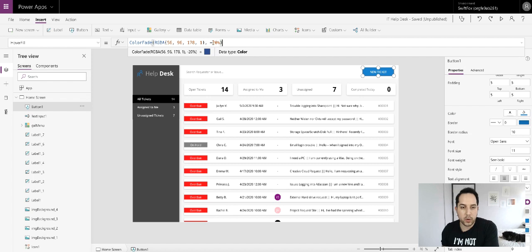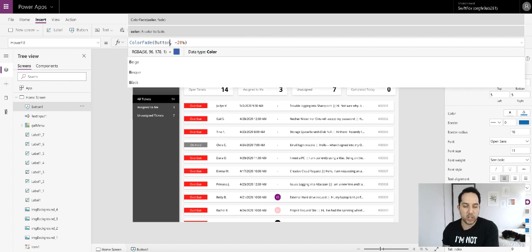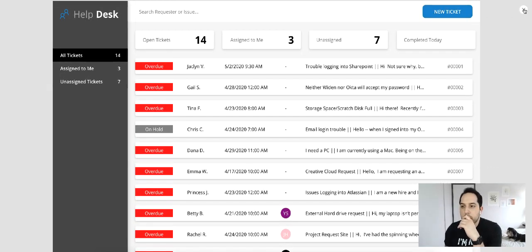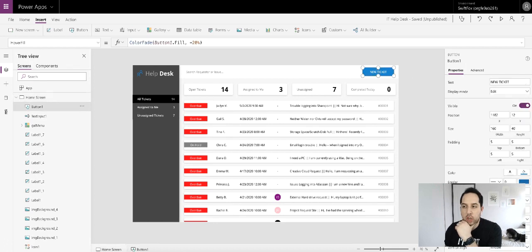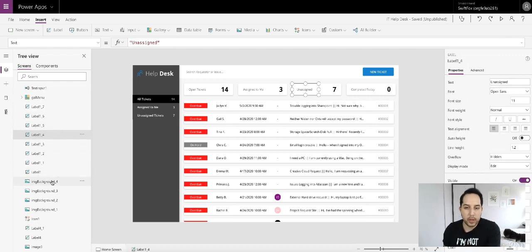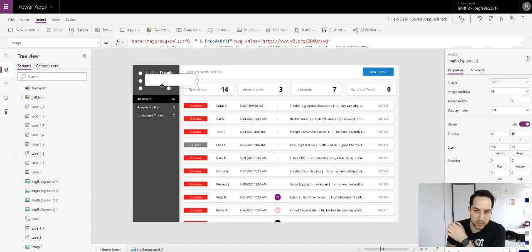So what I can do is when I go to the hover fill, I'm okay with it being the 20% difference. I'm just going to change this to button1.fill. So now when I hover, it just goes a little darker. And then I'm going to make this border radius match what I've been using, which is 4. And if I want this button to pop a little bit, I can add a drop shadow. I can just copy and paste one of these,